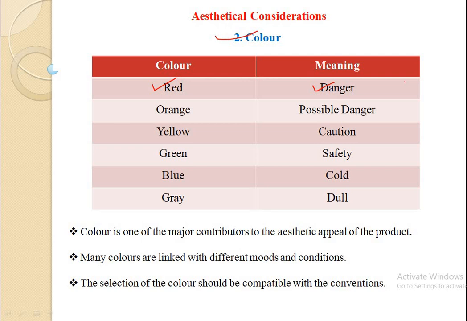Take the example of street lights. We are using a red color for stop functioning. Next is the orange. Now, the meaning of orange color is possible danger, or you can take precaution. Next is the yellow. Yellow indicates caution. If we take the example of CNC machines, then on the CNC machines there are 3